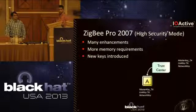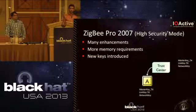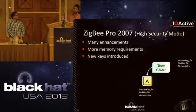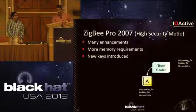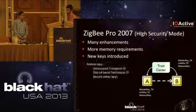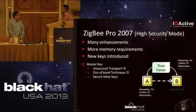So there's a high security mode in Zigbee where they increased the number of keys required. Each one of these keys has a different purpose. For example, one key is for unicast communication, one key is for multicast communications, and so on. For example, when a new node B is added into a network, the trust center must set a master key, which will secure the other keys that will be used for other